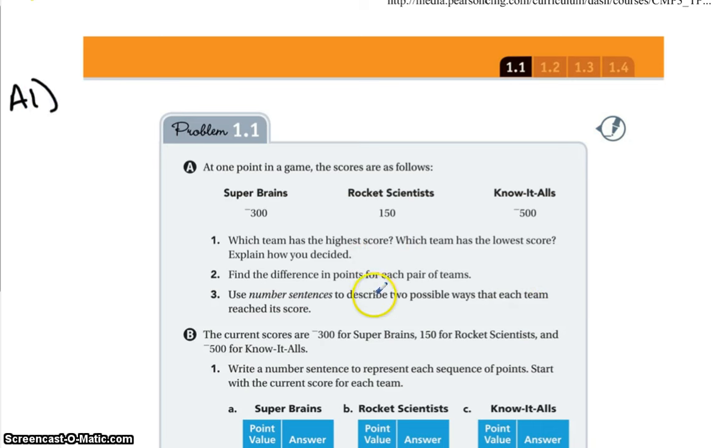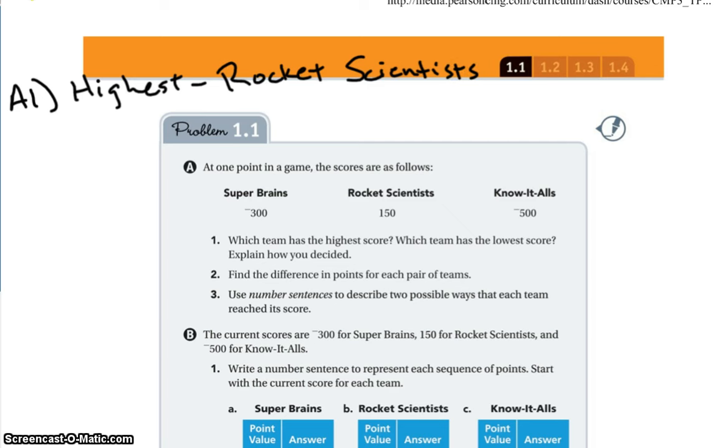That's the first part of the question. And that would be the rocket scientists have the highest. So the highest would be the rocket scientists. Okay. And then it says which team has the lowest. So the lowest score